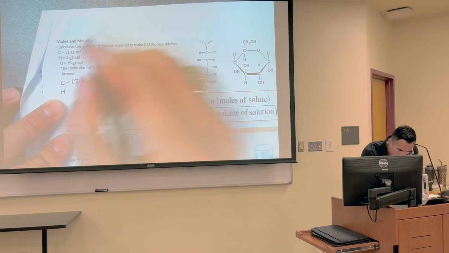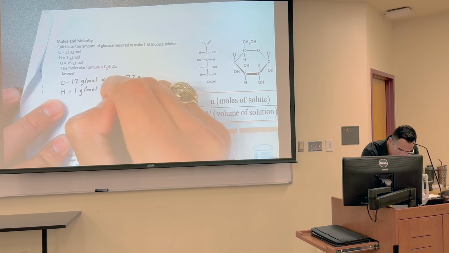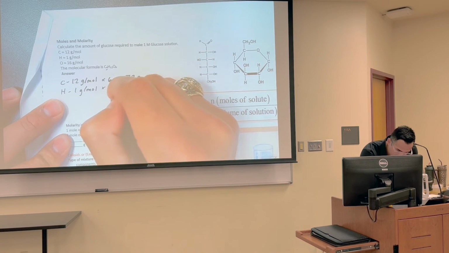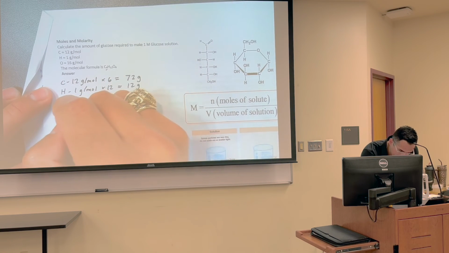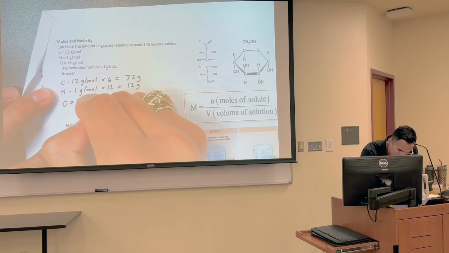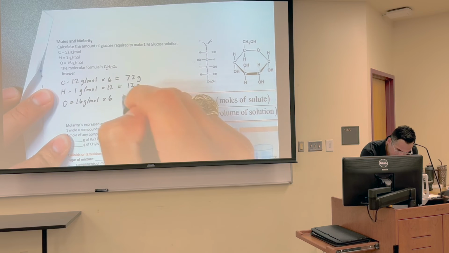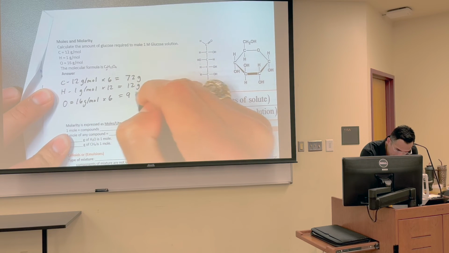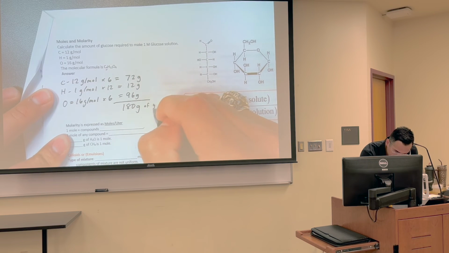Hydrogen here. We've got 1 gram per mole. We multiply that times 12 grams, and then we have oxygen here, which is 16 grams per mole. We multiply that times 6, and we'll get 96 grams. We need 180 grams of glucose